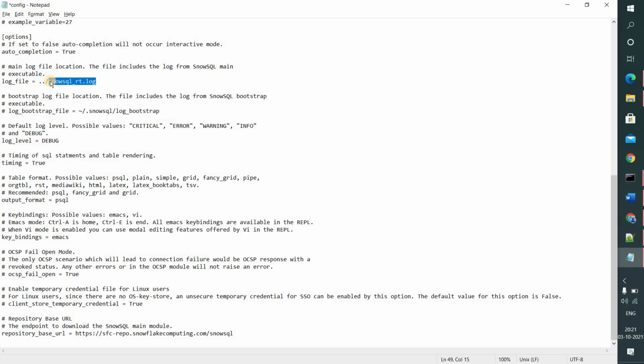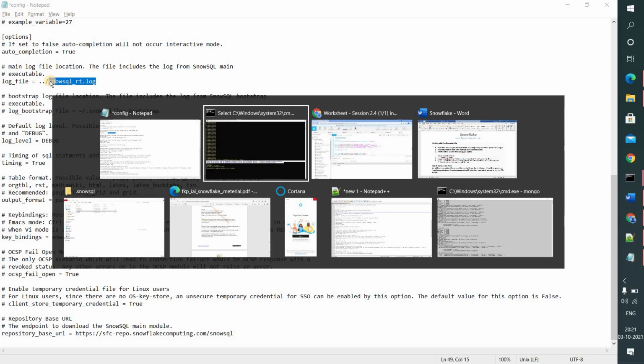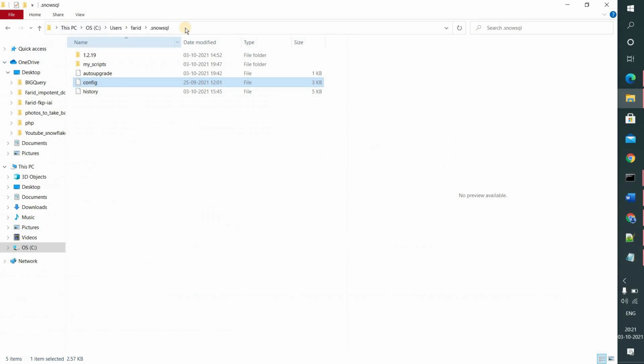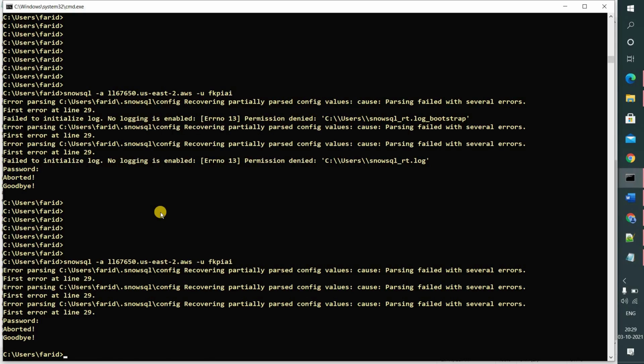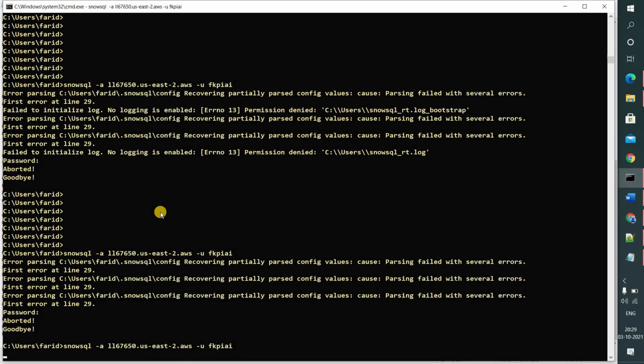Generally we will keep it in our SnowSQL directory. So let's copy this and place it and remove this comment. Go back to the command prompt and see, this time it should not give the warnings. Yes.